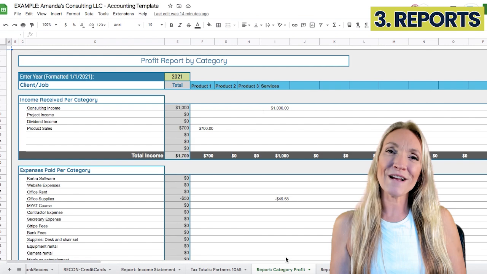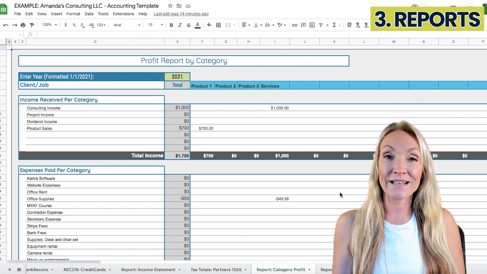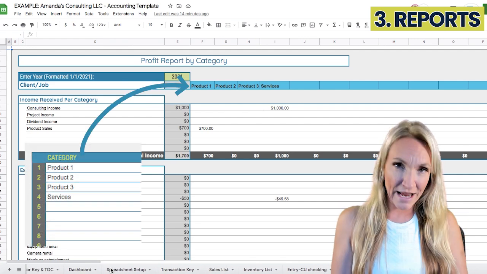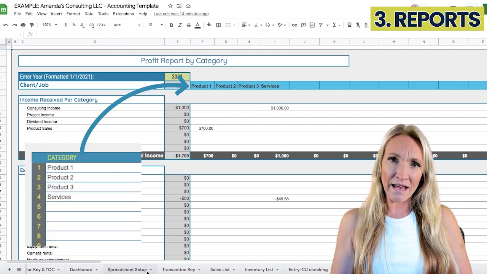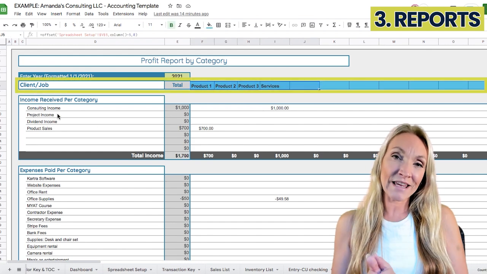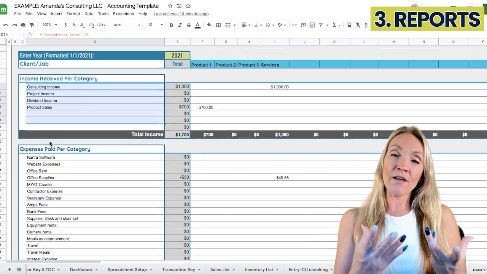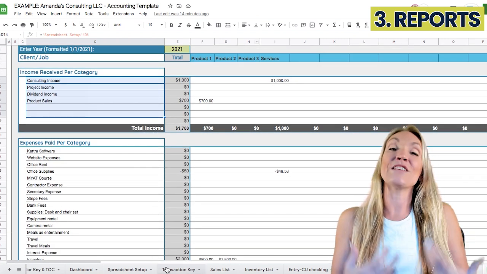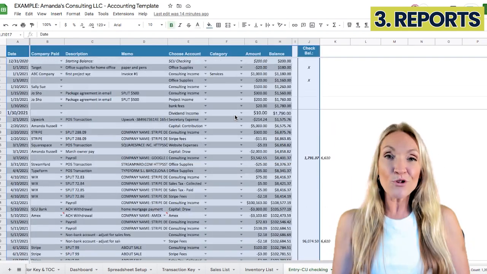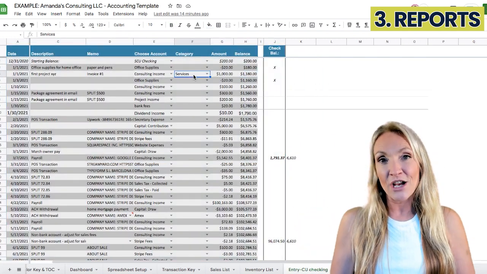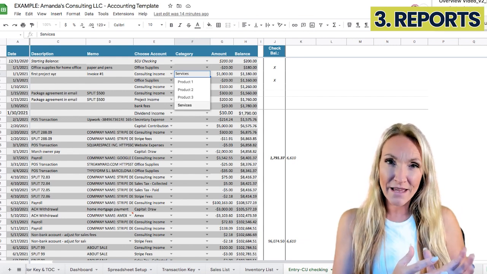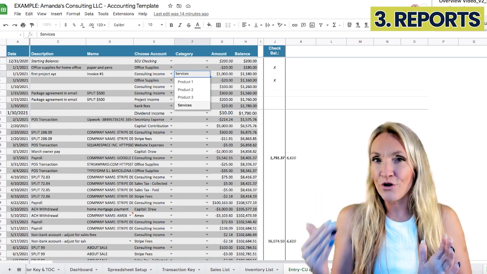Now, the next report is called Category Profit. And this is based on that optional category column from our entry worksheet. If we use categories, then we have a column for each category for the year. And the income and expense accounts, where we chose to select the category on our entry worksheet, will pull in the amounts over here. So this allows us to break out portions of our income statement based on an additional